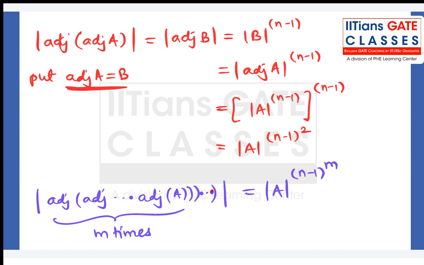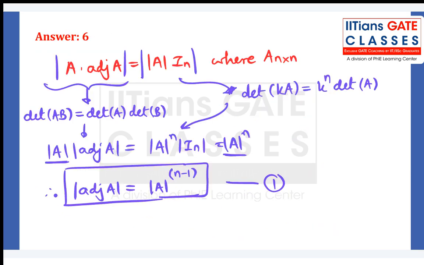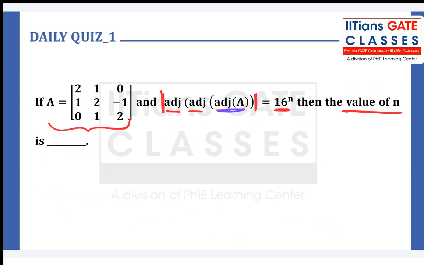So let's do that. Now here in this question, m is equal to 3, because this adjoint term is repeated 3 times, no? Adjoint of A. Okay, and now on RHS you have determinant of A term, so it will be the best idea to find the determinant of this matrix, no? So what I can do, see, if you're a serious candidate, you should know how to find the determinant of a 3 by 3 matrix, standard way. Okay, but I'll just tell you one simpler way to do this is using the cofactor expansion, and wherever you have 0,